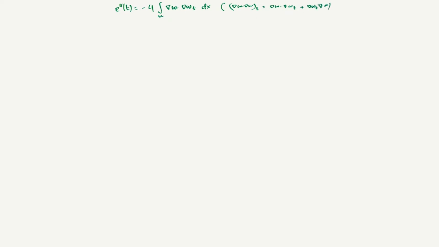Here the gradient is with respect to x, that is why the derivative with respect to t goes inside. So you have this, and again, w t is Laplacian of w, so this will give you 4 times the integral over omega of Laplacian of w